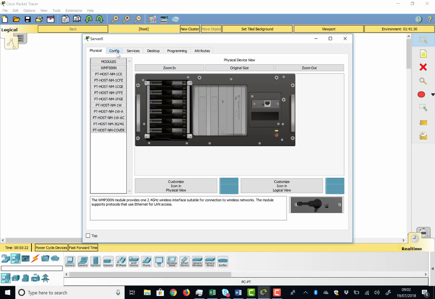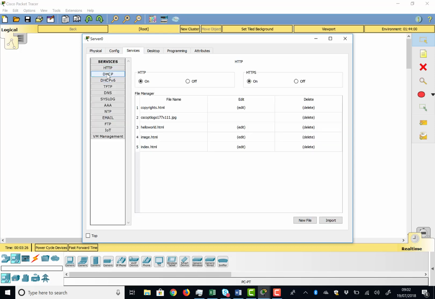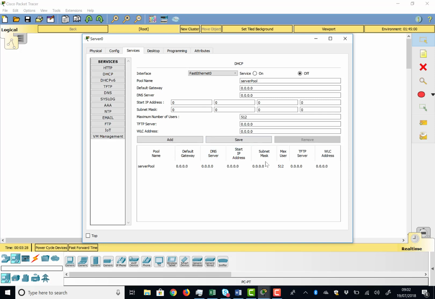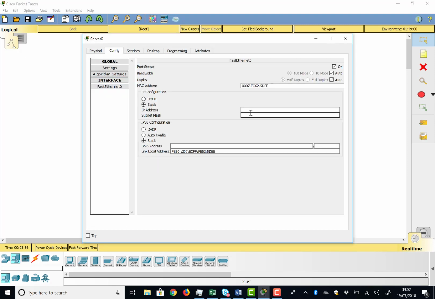Go into the server, go to Config, go to Services, and go to DHCP. This is where our server is. It's not got a pool of addresses yet because we haven't given it an IP address. So we'll go to Config, Fast Ethernet, and give it an IP address. Obviously a server can't give itself an IP address, it needs something to start with. And we're just going to use a different range this time,